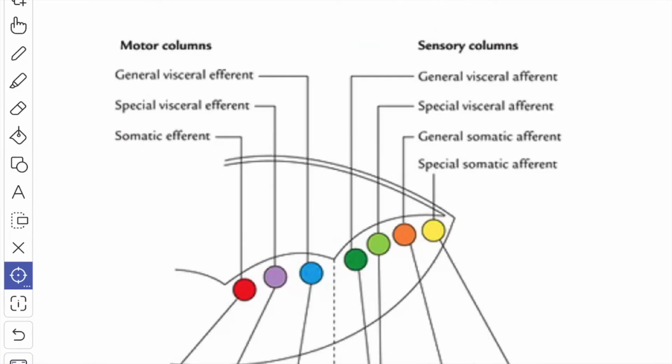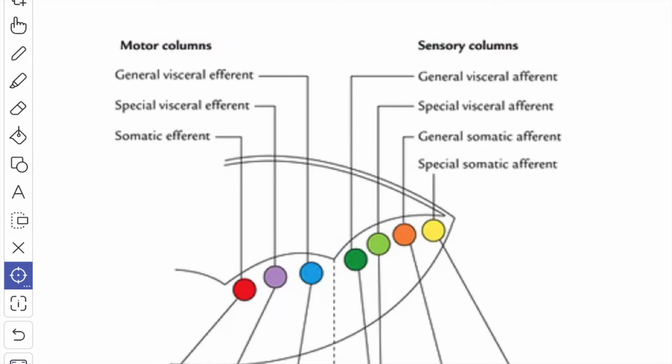During the development of the hindbrain, two significant events occur. The neural tube widens to form the fourth ventricle. As a result, the alar laminae are splayed apart like opening a book. So if you see, it's like the opening of a book. The functional components undergo a directional change from ventrodorsal to mediolateral.